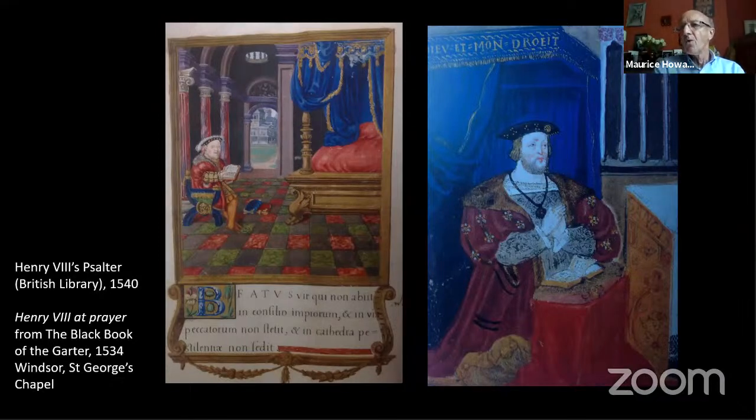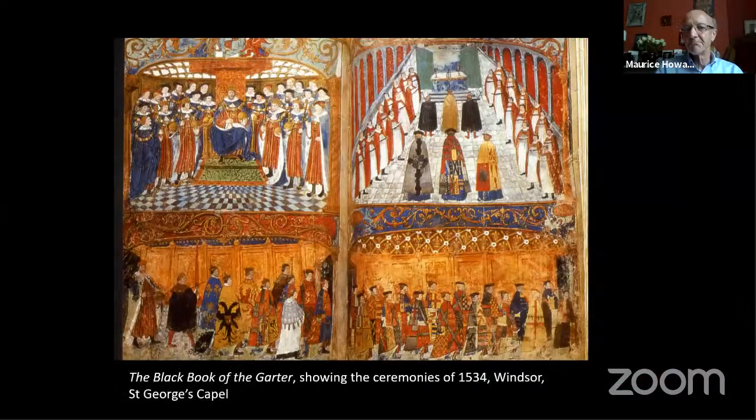chapel. What mattered, of course, is that when the sovereign went to chapel, it was important that the approach to the chapel gave him or her a presence in the court environment. And I show you here, because it shows people in procession and then a ceremony taking place in the chapel itself at the great chapel of St. George's in Windsor, not the private royal chapel at Windsor, but the royal chapel dedicated to the Knights of the